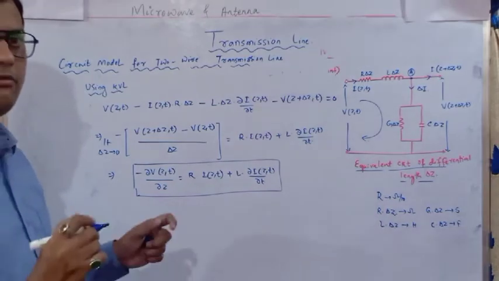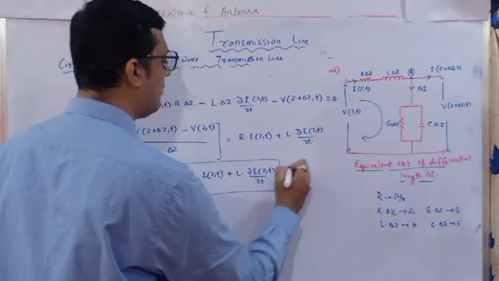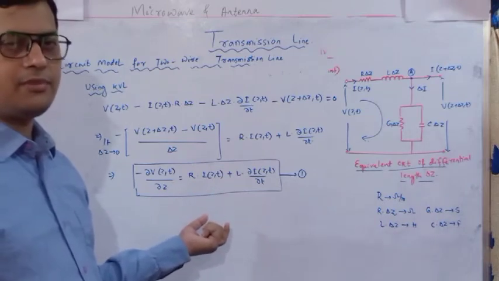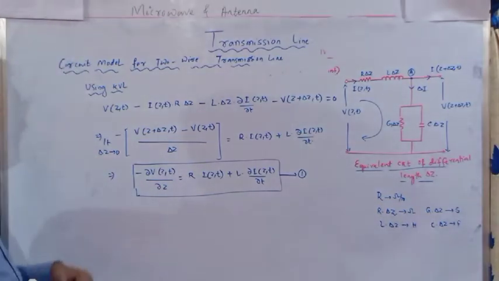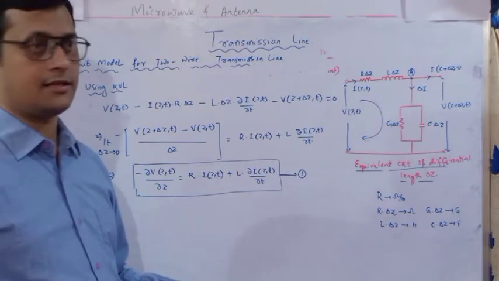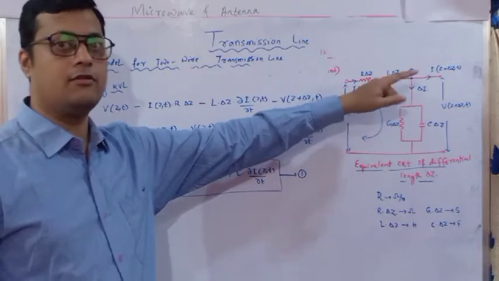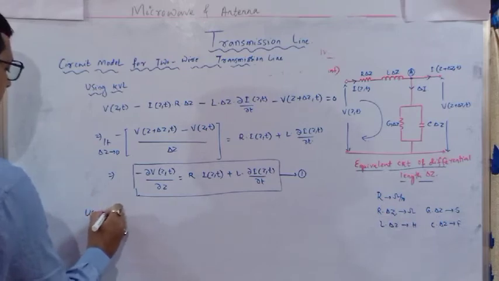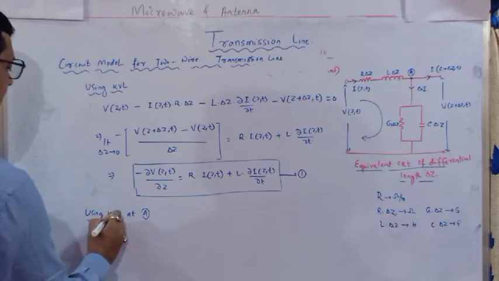The voltage in terms of current. So this is the first telegrapher equation or first transmission line equation, which forms a relation. It is a time domain representation, voltage in terms of current. Now current in terms of voltage can also be represented, and that gives the second transmission line equation. How can we identify it? By applying KCL at node A. Then only can we determine the current relation. So using KCL at A, means at node A.